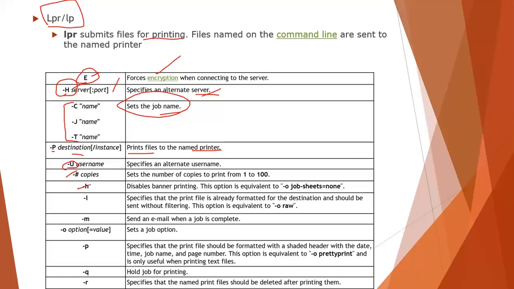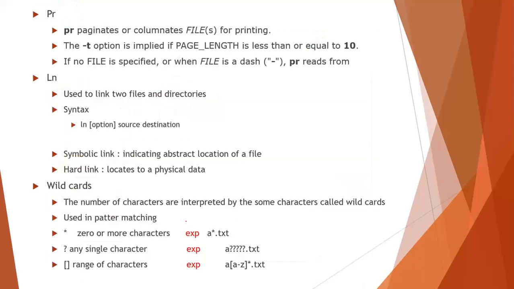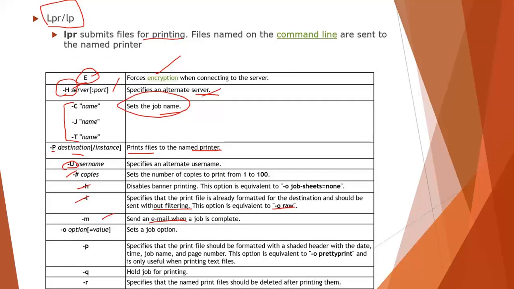You can also use H, L. So L will be representing, for example, already formatted data that you have. You can apply it with or without some filtering, without providing any filtration. You can display that information on the printer. So M will be used for sending an email. Once that particular job has been completed, it is going to send the email.